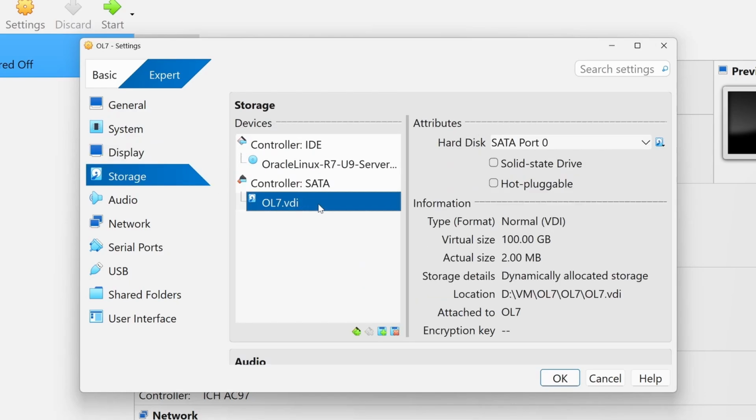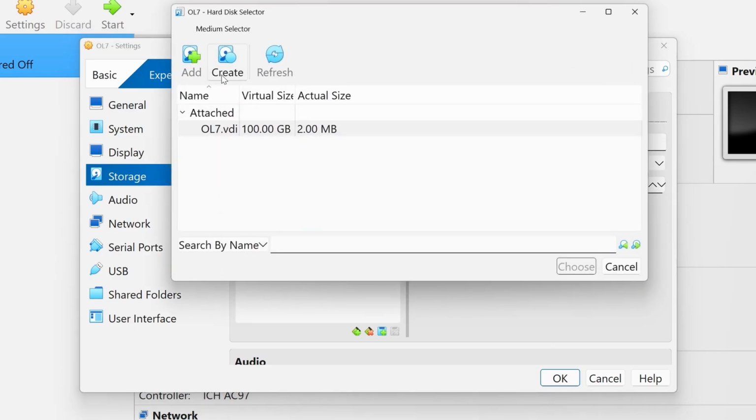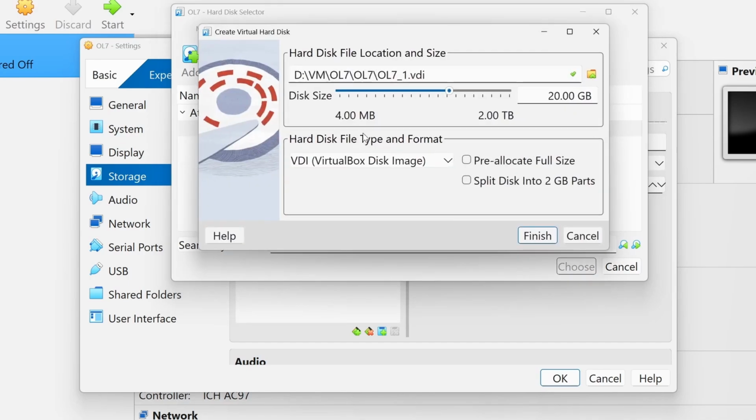This one will work. In my case, I will add two hard disks, one for the data and one for the recovery files, because we'll install an Oracle database on this operating system. So what I'm going to do is add hard disk. You can also do this, for example, if you are going to install an application in this operating system. So click create.